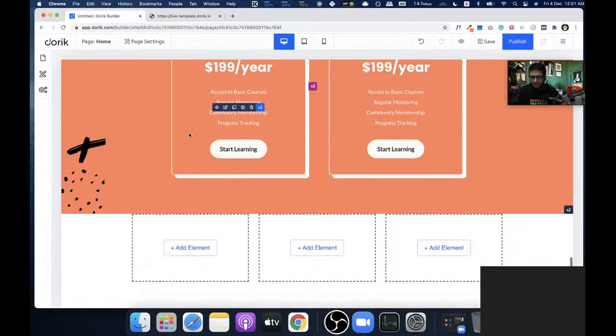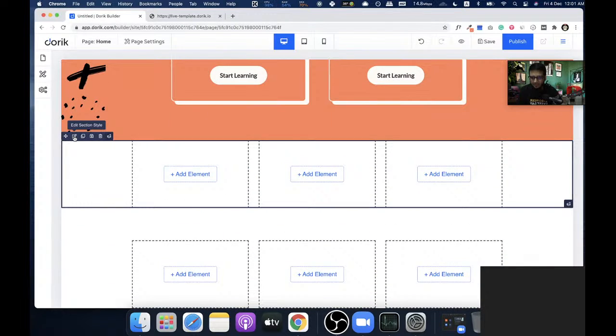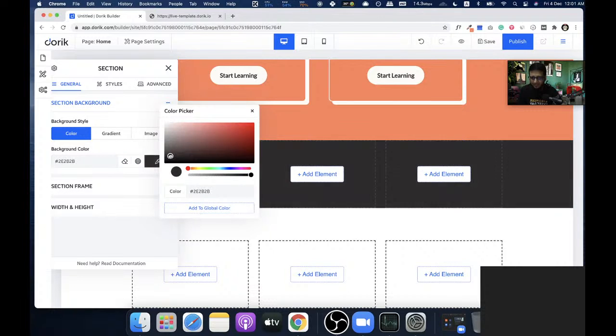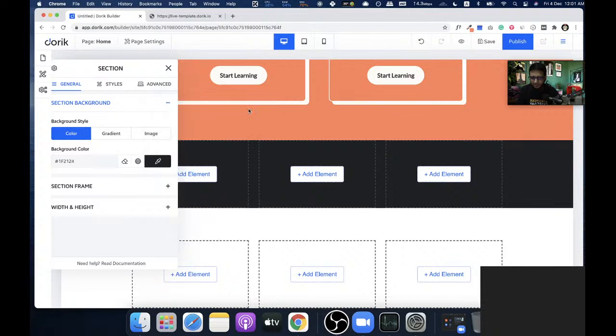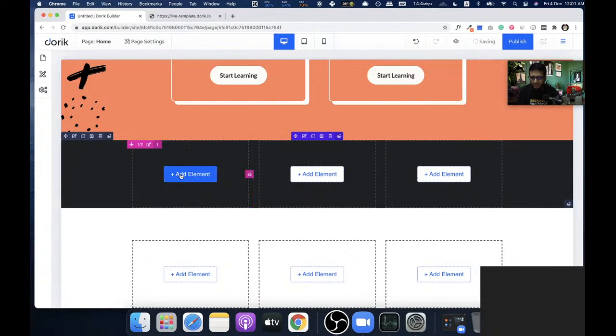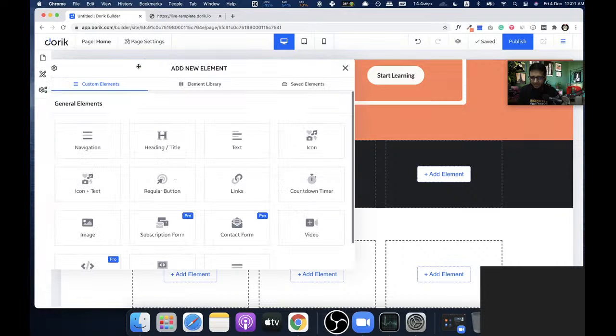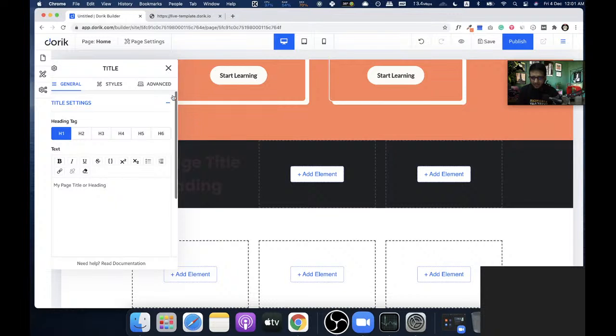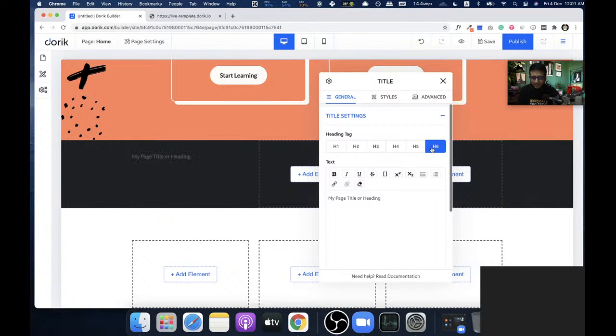Okay, so I'm gonna give it a background color. I'll just select a darker color instead of picking the original color. Okay, so this one will be good. Then I'm gonna add a new element here, and okay, so heading, it will be h6 or h5, anything you want. I'll say rabbit lc.